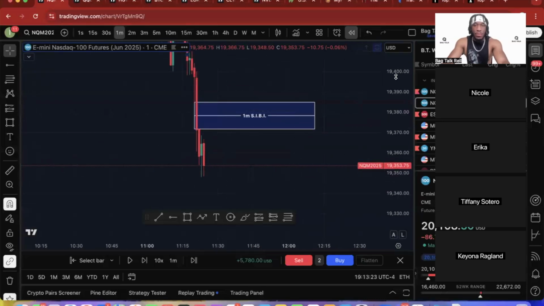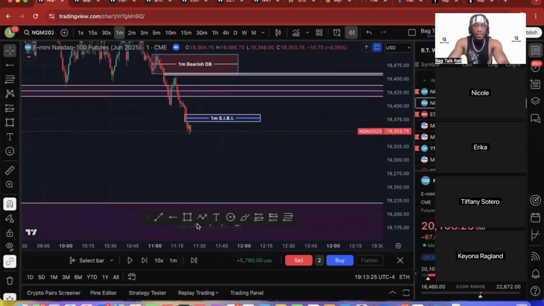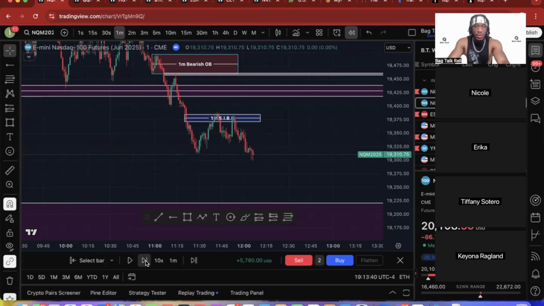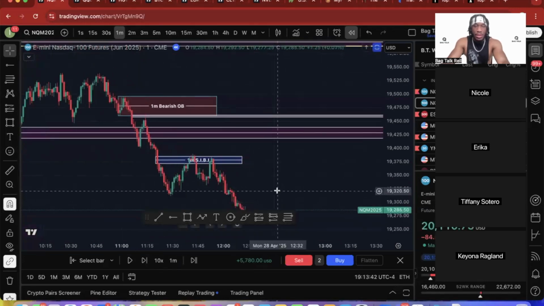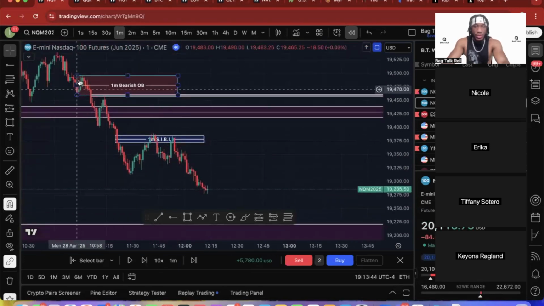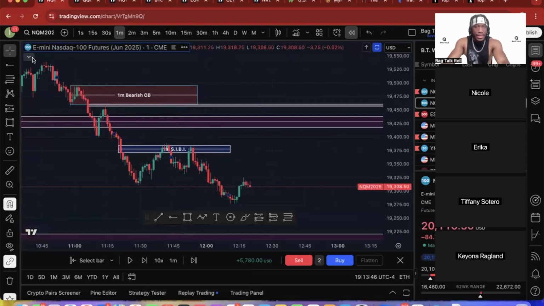And then you have this 1 minute bearish fair value gap. I want to show y'all how we use that. So you can see that price ends up coming up, rejects this 1 minute fair value gap twice before continuing this bearish move lower. This fair value gap was so important on this price leg because this bearish price leg